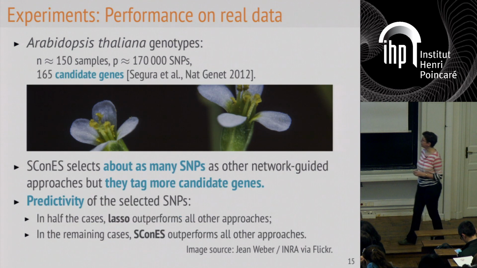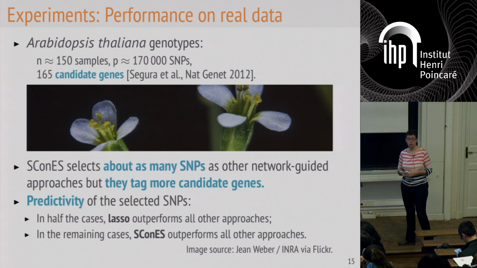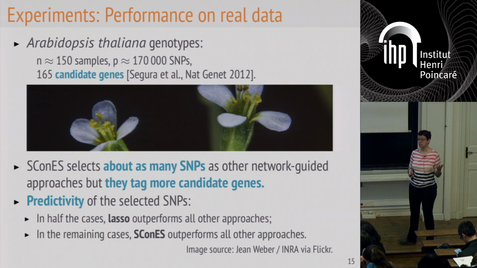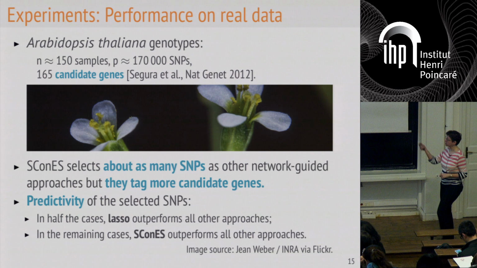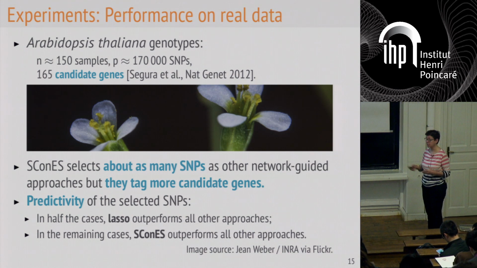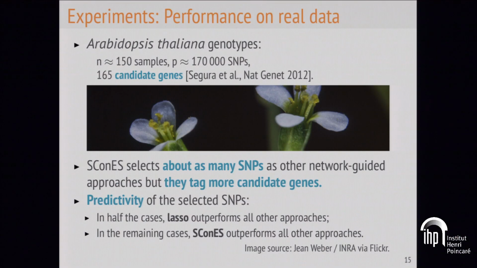Okay. We also looked at how predictive the features we had selected were. And what we found out, so this is on real data, on plant data. So we're a bit far from my precision medicine example, but the mechanics are exactly the same. So we had plant data for which we don't have ground truth, which is always a problem when you're trying to evaluate a feature selection problem.